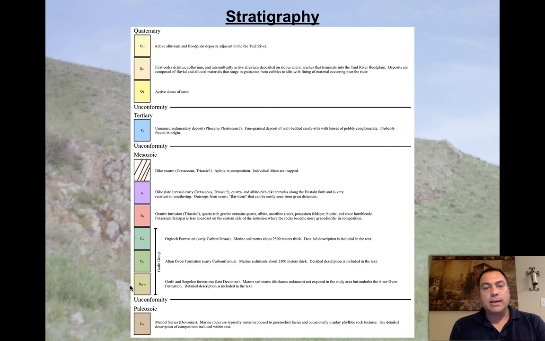The stratigraphy is not complete. We have a good understanding of the age of the rocks, but in terms of the details of the sedimentary history, the metamorphic history, and all of this, we still have a patchy understanding. And of course, it doesn't help that there are huge unconformities. There's Paleozoic rocks of the Mandel series, which are Devonian in age, and that moves up into the Gorhi group